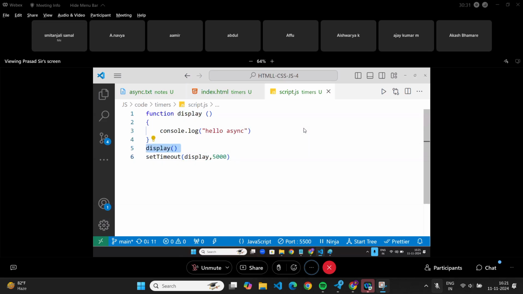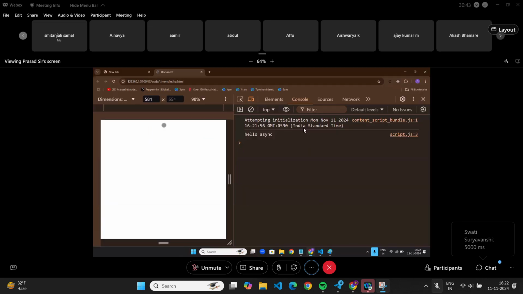Can anyone tell me what will happen now? After 5 seconds, it will print display. Now refresh it. Is anything printing? After 5 seconds, it printed. Doubt?